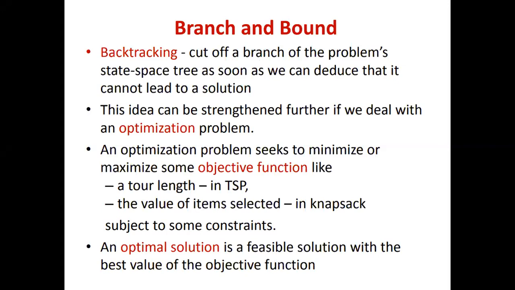Just as a revision, we know backtracking is implemented using a state space tree, correct? Whenever the bounding function is not satisfied, you're going to kill that particular node. That is what it says. In backtracking, you're going to cut off a branch. So what is a branch? The node along which we are moving the path. We cut off the branch in the state space tree if it cannot lead to a solution, and you kill that particular node. So we know that very well, right?